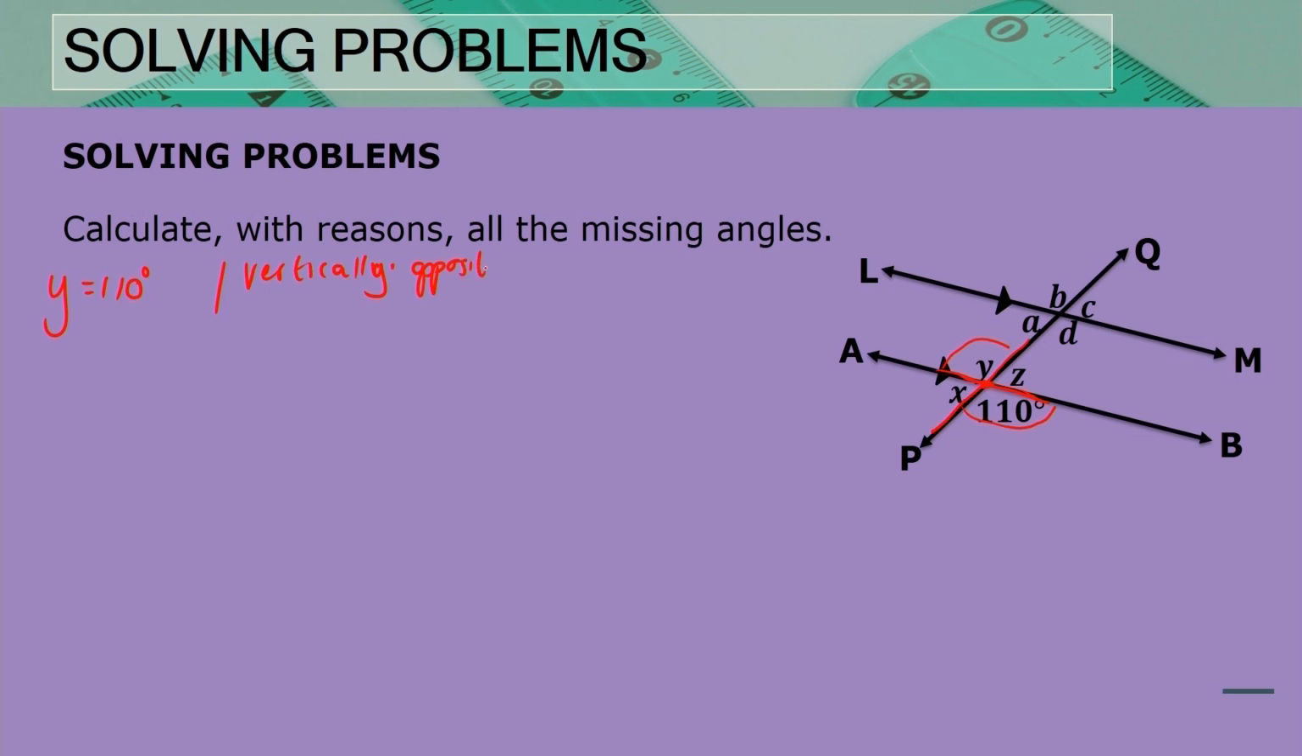And we know that when there are two lines intersecting each other, the vertically opposite angles are equal. But remember, only when they are intersecting lines. Then we can go now and calculate the other angles. Let us calculate the angle of